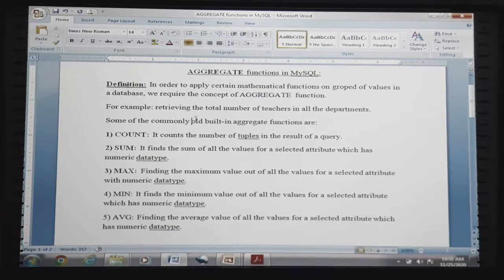So we have replaced the previous word with a synonym, the matching word which matches the meaning of the previous word. Some of the commonly used built-in functions, aggregate functions are old. It will not be relevant for this text.